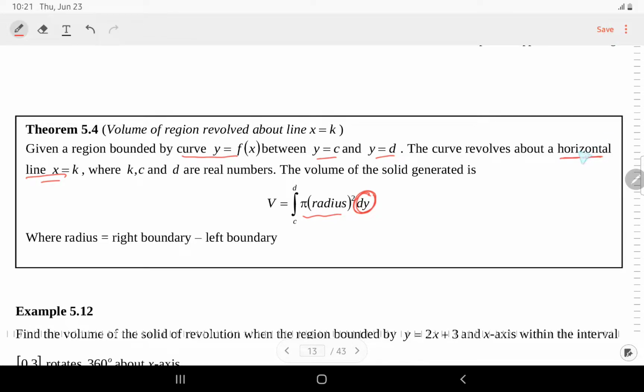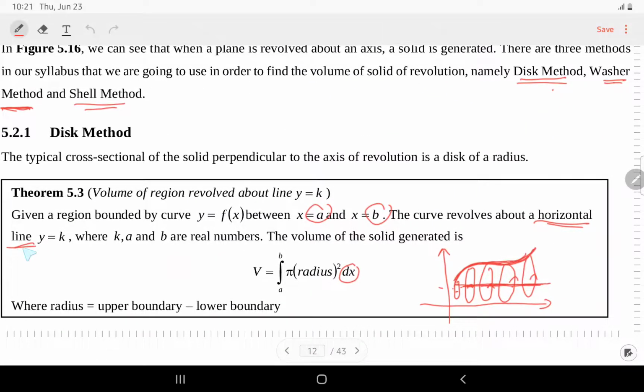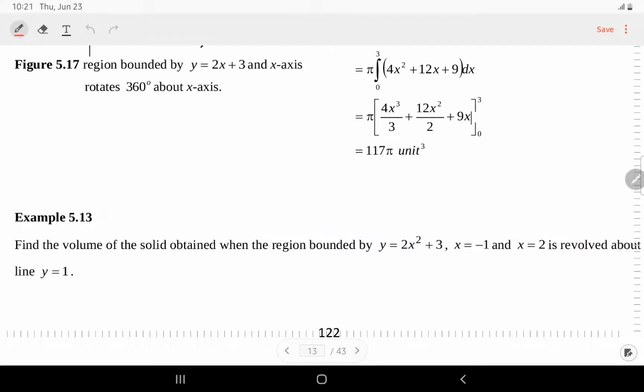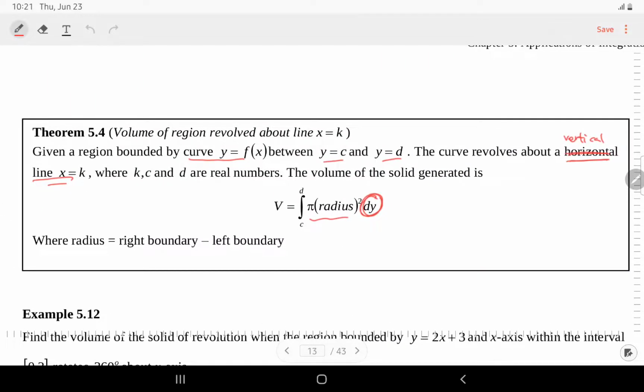Sorry, there's a typo here. This is not horizontal, it's vertical. Okay, it's different from the previous one. The previous one had a horizontal line as the axis of revolution, paksi pusingan dia adalah horizontal line. But when we are using this formula, make sure that our axis of revolution, paksi tempat pusingan dia adalah vertical